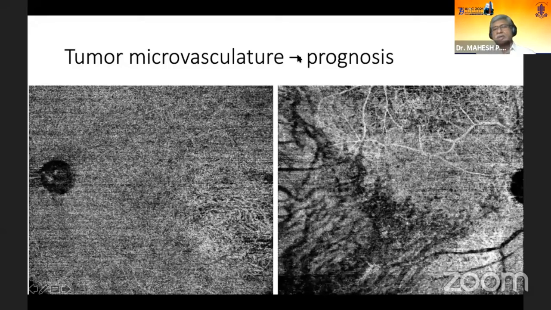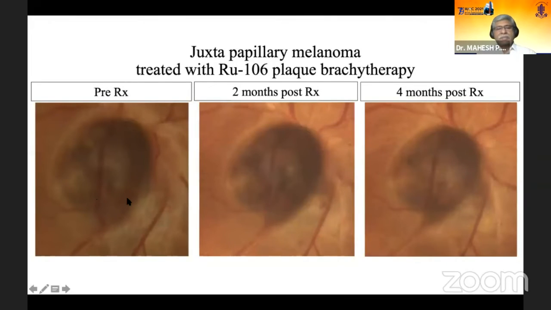And tumor microvasculature is said to be prognostic in a choroidal melanoma. So microvascular loops and anastomoses within the tumor portray an increased risk of metastasis. So this can also be studied, though it is a bit difficult, like Dr. Vaishali and Dr. Anil mentioned, that segmentation is very difficult, particularly in an elevated lesion. So if we manually segment a tumor, then maybe we may be able to see these choroidal microvascular patterns in some lesions.